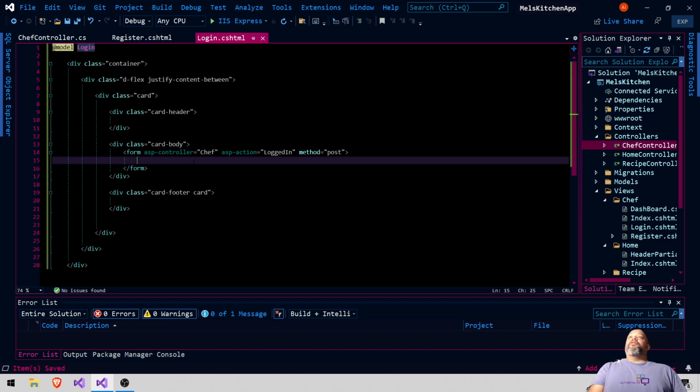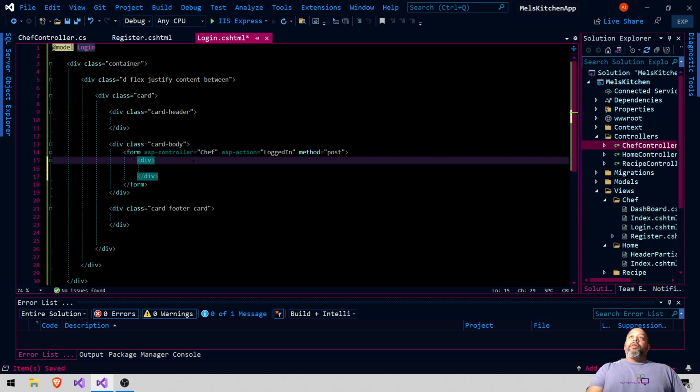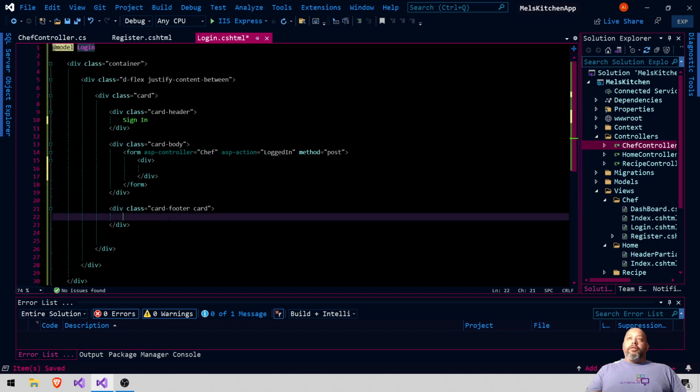Now we're gonna have a few more divs, and this is where it can get complicated. In this div, what do we want on this div? This is the body. Okay, so this is the body. Let's go do the head. The header, we're gonna put sign in, like that. The footer, we're gonna put